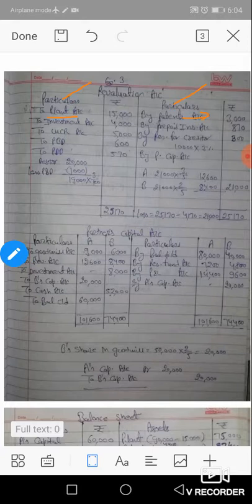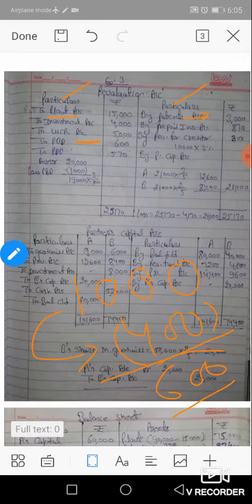Okay. Next, a provision is made on debtors, PBD 5%. Now come to PBD. How is PBD 600 calculated? The total debtors in your balance sheet are rupees 20,000, and the PBD rate is 5%. So 20,000 multiplied by 5% equals 1,000. Your total PBD is 1,000, but we have already made PBD of rupees 400. Our total PBD is 1,000 and the existing PBD is 400, so our PBD is increased by rupees 600.